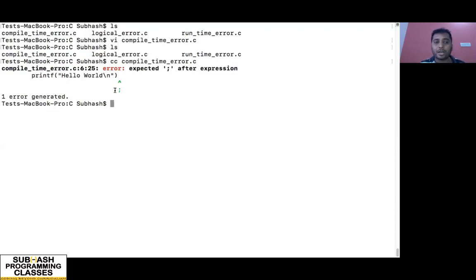This is called a compile time error, and this syntax problem is caught by the compiler. Now if I try to find whether any extra file was generated in this directory, you can see that there is no extra file. It means the compilation was not successful, so no binary code got generated.